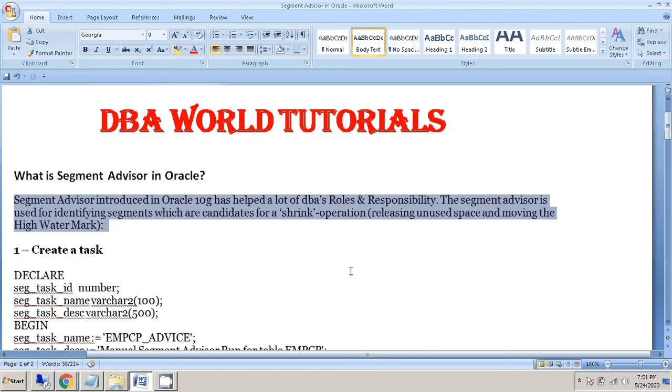As an example, currently we have a table like EMP, and it has almost 1 lakh rows. Tomorrow a delete operation runs, and one of the users has deleted almost 50,000 rows.